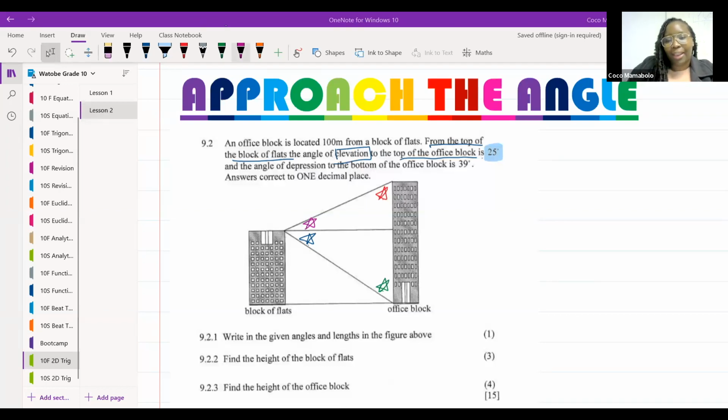Pat yourself on the back if you said purple, because purple is the correct answer. Give yourself a nice, yeah. Okay, let's reinterpret what they've actually used. Okay, let's look at this particular question. It says here,